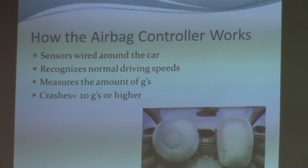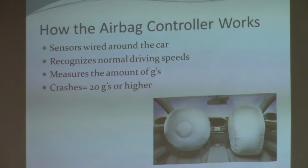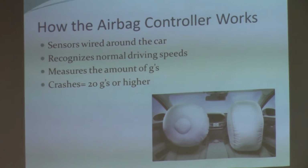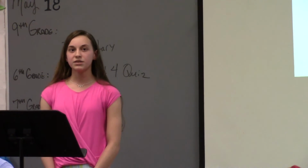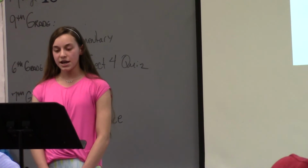The airbag controller uses sensors and actuators to carry out its purpose. It has sensors wired all around the car. These sensors know the speeds the car typically drives, even speeds on the faster side, and recognize them as normal driving speeds. When sensing a sudden acceleration, whether it is a car speeding up to get on the freeway, slamming on the brakes to let the squirrel cross the road, or a car crash, the airbag controller will go off of